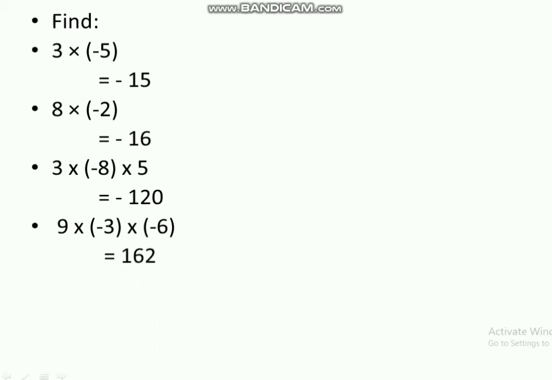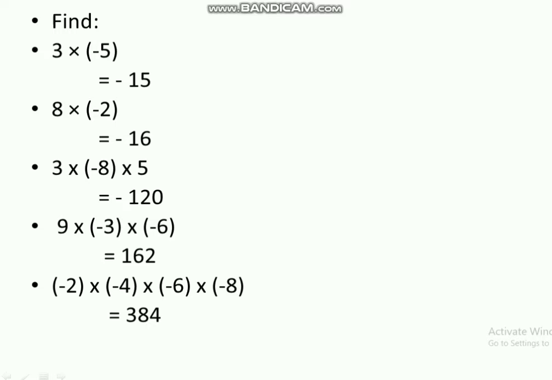And the next question is negative 2 into negative 4 into negative 6 into negative 8. Ignore the negative signs and find the product of 2, 4, 6 and 8, which is 384. Now count the number of negative signs over there. Total 4 negative signs are there. That means we have an even number of negative signs. It will become positive and our answer should be positive 384.